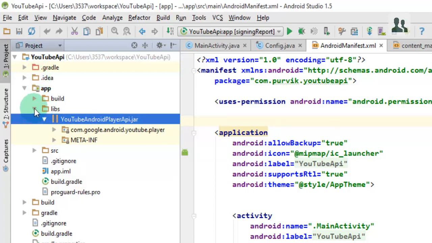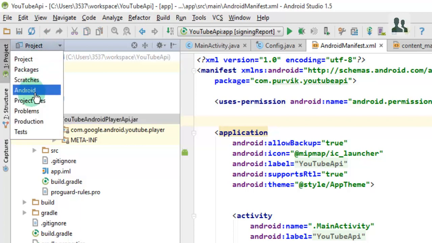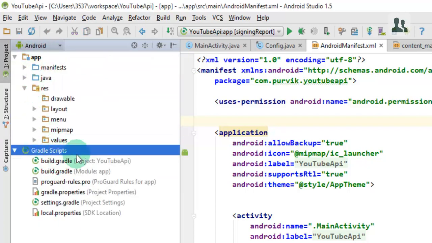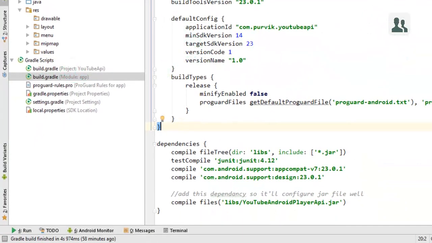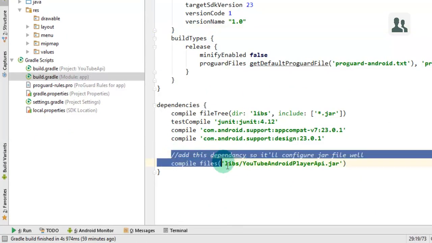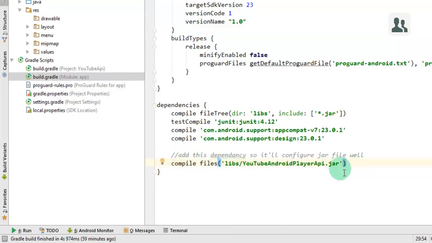But you have to also configure the Gradle script over here. So go inside the Android project structure again. Now go inside the Gradle script where you have to configure the build.gradle for the module app. You have to add this particular line inside this build.gradle script, where it will compile the files. It will also compile the jar file that you have just copied into this project. So this is the API integration right now. That will allow you to access the classes that are inside the YouTube Android Player API, so you can access those classes very well to run YouTube videos in your Android application.